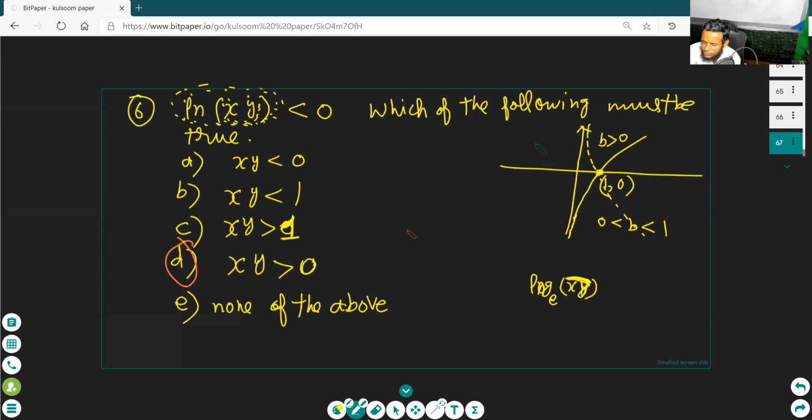So we need to find those values which give the negative value. If we say xy greater than 0, this will be according to the domain. But putting values which give us greater than 0 also gives both negative and positive values. Tell me the value on which this is negative. You should put any value less than 0, like minus 0.1.